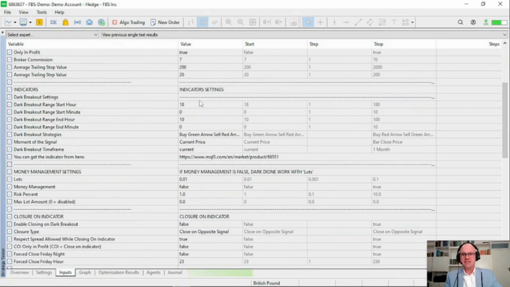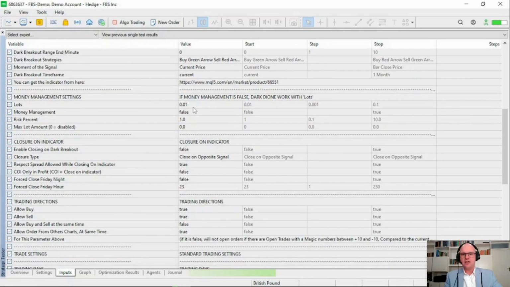Then, as I previously said, it uses a specific breakout range which starts at 1800 and ends at 10. These, of course, can be adjusted for different pairs and time frames depending on your purpose and what you want to use the strategy for. On default, we'll see additionally the money management for the expert advisor is set to false, meaning it's currently trading only using a 0.01 lot size. So it'll be very interesting to see from the period of 10th of January 2022 until now what type of return it would be able to generate.